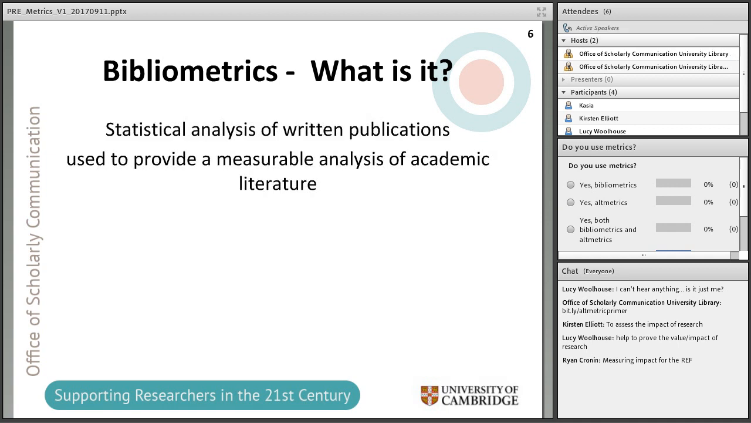So bibliometrics are statistical analysis of written publications used to provide a measurable analysis of academic literature. So these are probably things you're quite familiar with. They're putting a kind of value on a written publication, or they're trying to assess it by looking at numbers, such as numbers of downloads and numbers of citations, and trying to use that to quantify the academic literature. So before I tell you different types of bibliometrics, I've got another poll for you,